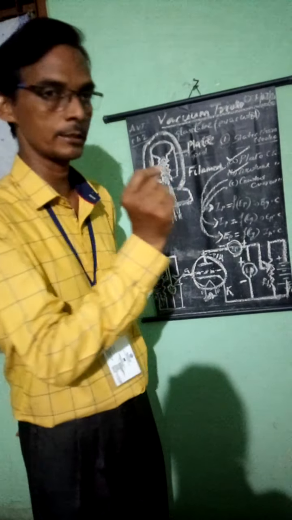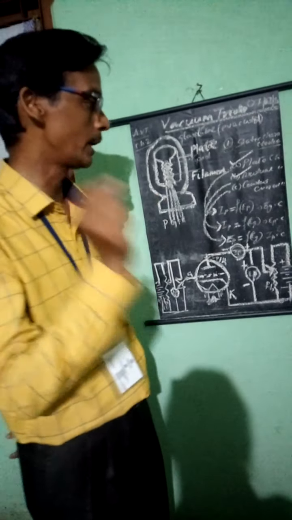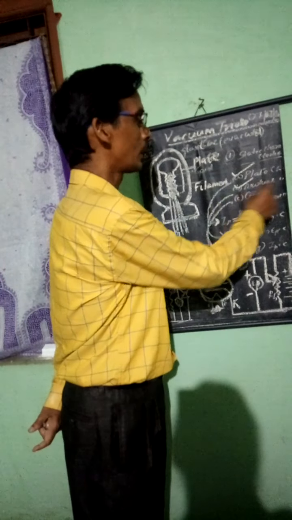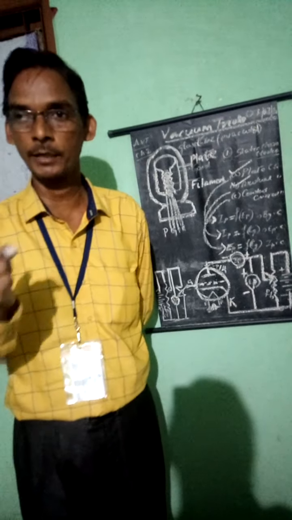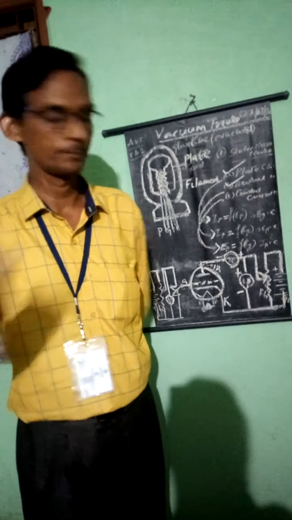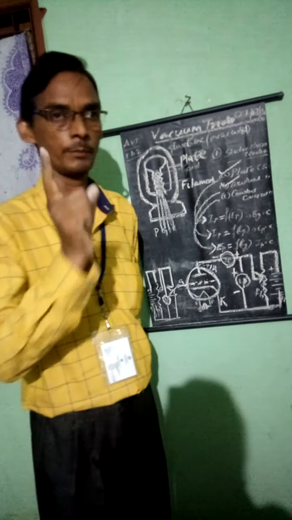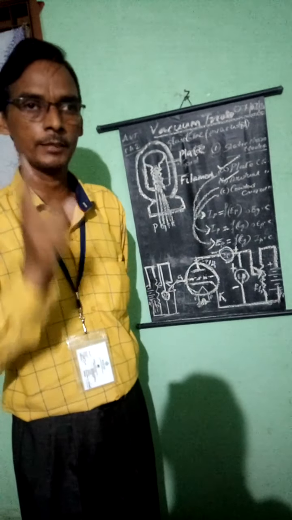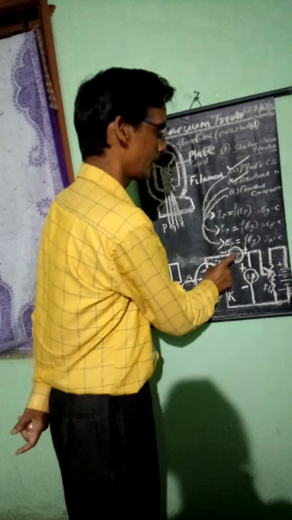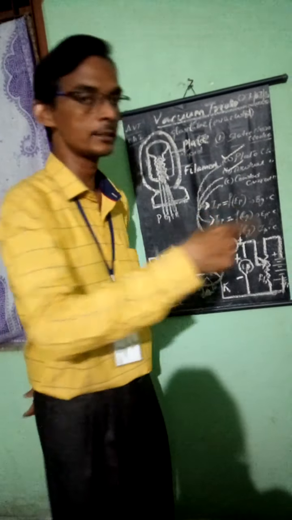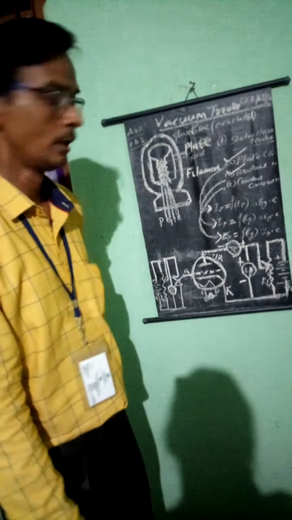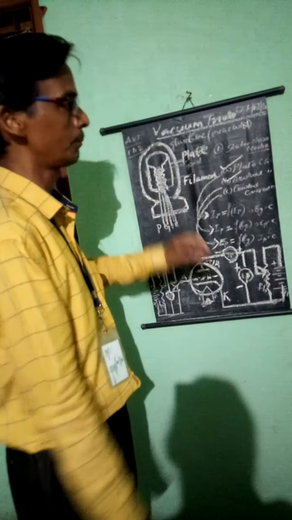In plate characteristics, the relationship is between the plate current and plate voltage, keeping the grid potential constant. In mutual characteristics, the plate current is varying in accordance with the grid potential, keeping the plate voltage constant. Similarly, in constant current characteristics, the plate current remains constant. The ammeter shows the exact reading, always fixed, but the plate voltage goes on varying with respect to the grid potential. Accordingly, remember, according to these operating principles, we are using these three terminals for different purposes.